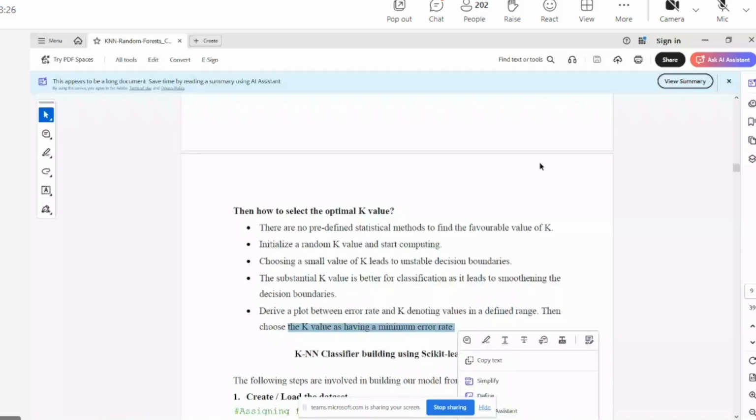Sir, what is error? Error is nothing but how much you are deviating from the actual value. You have some data, right? And you know the data point also. I am talking about supervised learning. Then you test it, then check whether the actual value is equal to the predicted value or not. Okay.